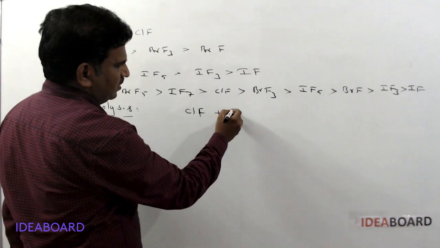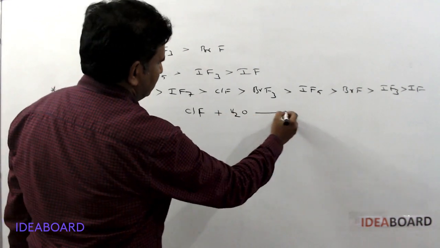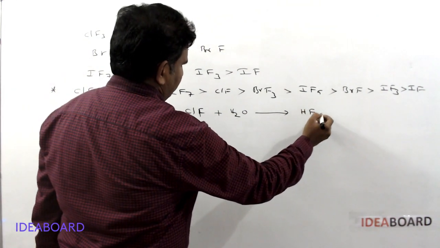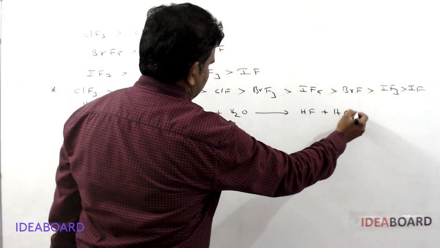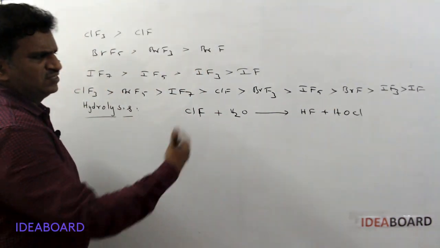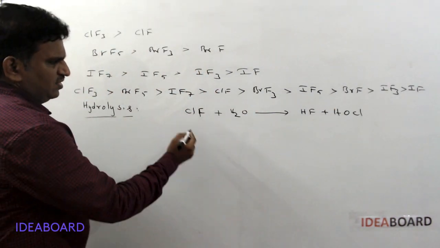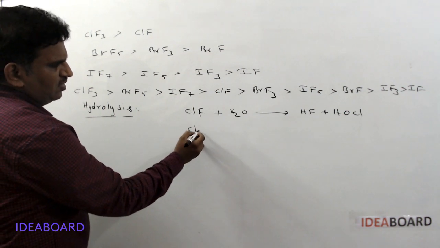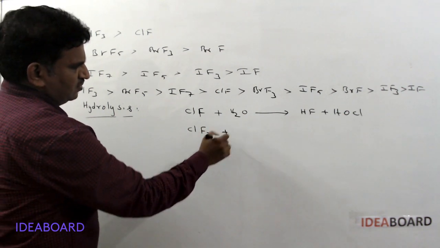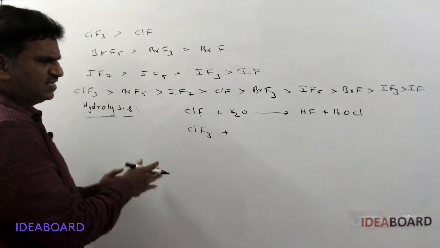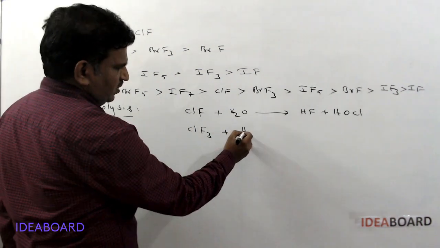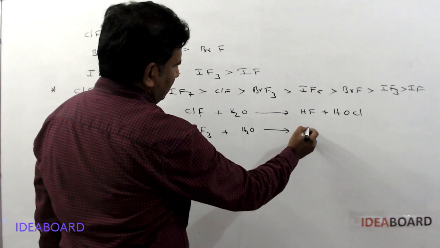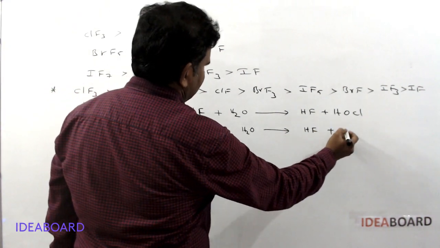If this undergoes hydrolysis, the products are HF and HOCl, or HClO. Next, ClF3 is taken, chlorine trifluoride or any trifluoride. It undergoes hydrolysis and again forms HF plus